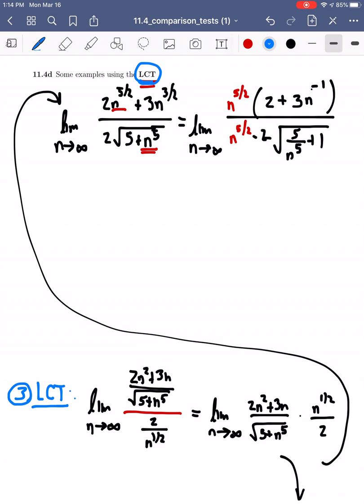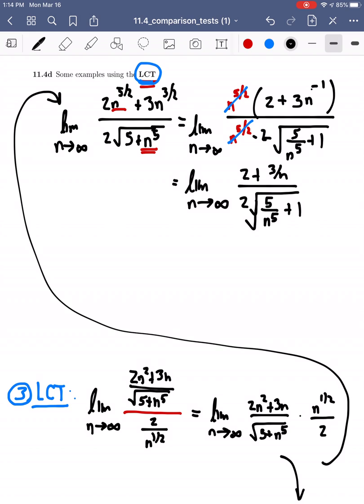So we see that this n to the 5/2 in the numerator and denominator, those are going to cancel. And if we rewrite the limit to see what we have left over, this is now the limit as n goes to infinity of 2 plus 3 over n in the numerator, all over 2 times the square root of 5 over n to the 5th